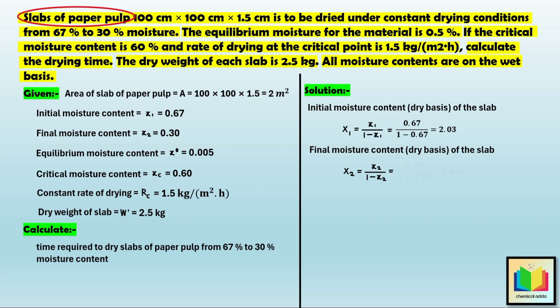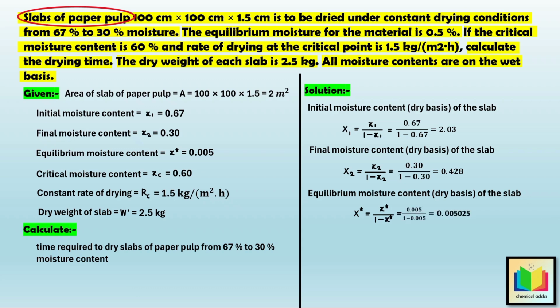So after putting the value of x2 and solving it, we get capital X2 is equal to 0.428. Similarly, we can calculate equilibrium moisture content, which is denoted by capital X star. Hence, after putting the value of small x star and solving it, we get capital X star is equal to